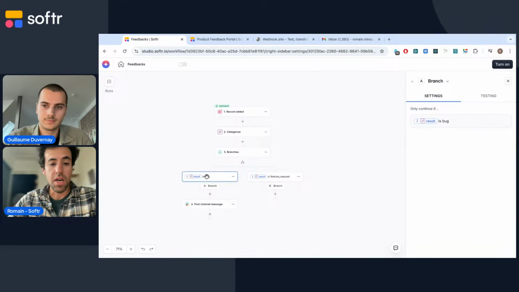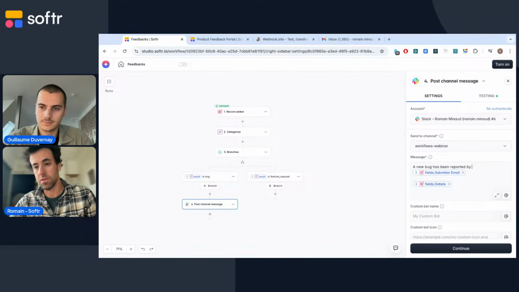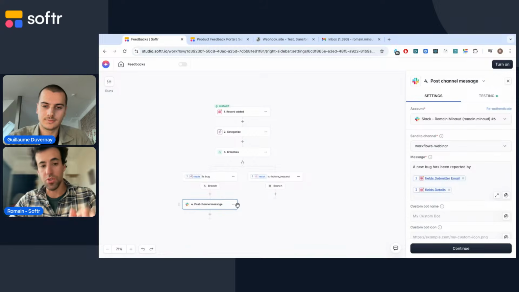Then we decide that if it's a bug, I want to notify a specific channel that there is a bug and potentially add the contents of the initial feedback. So I'm going to use a post channel message action, like a Slack action, to notify the channel workflow webinar with the message.